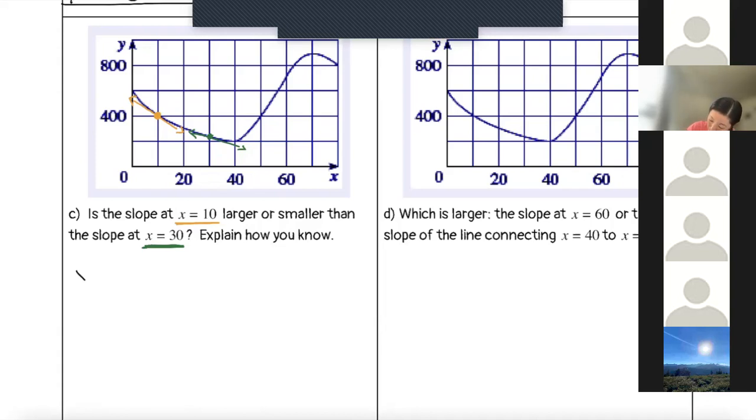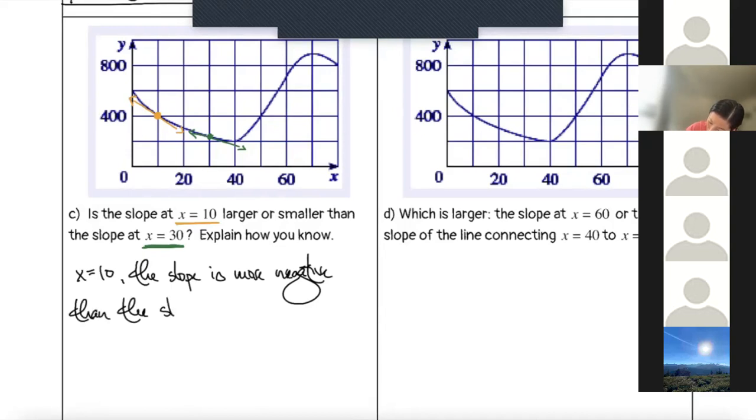So we might even say that at x equals 10, the slope is more negative than the slope at x equals 30, right? That I think would phrase what you all are saying accurately, that the slope at x equals 10 is more negative than the slope at x equals 30. That is 100% accurate. However, when we're talking about larger or smaller numbers,